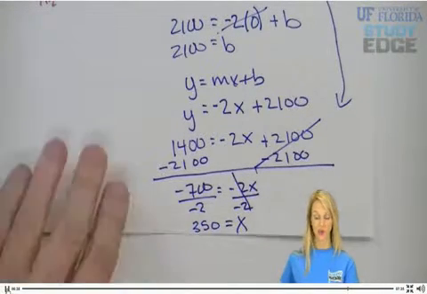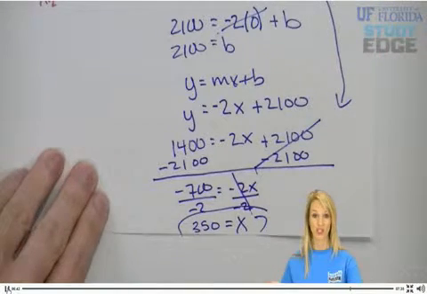Negative 2 over negative 2 cancels out, and we get x. We know the value of x. You guys, we just solved it. Let's look